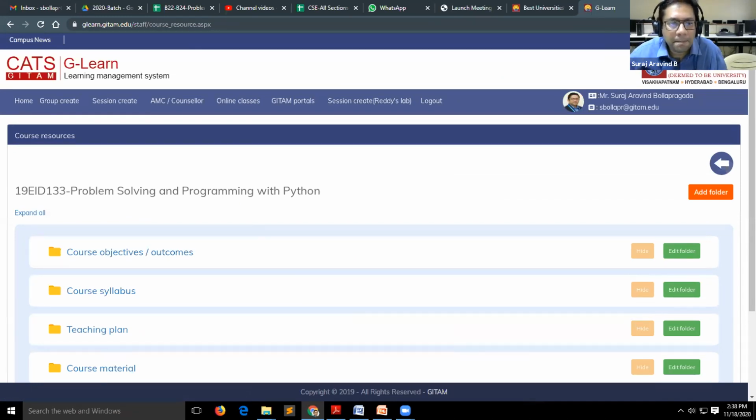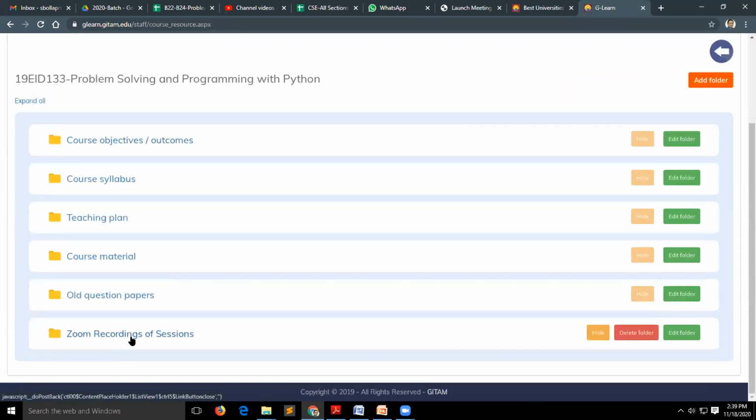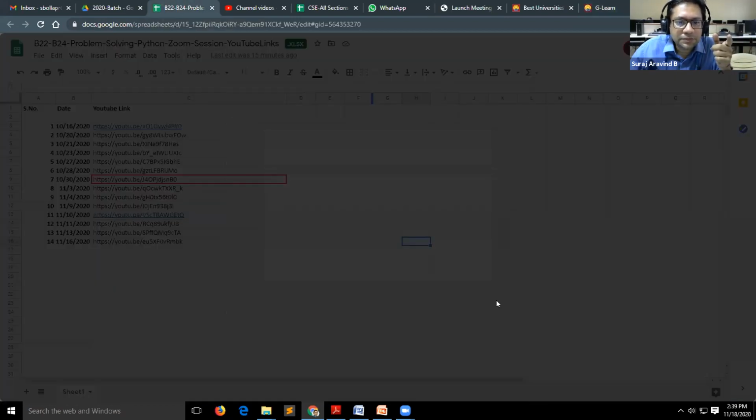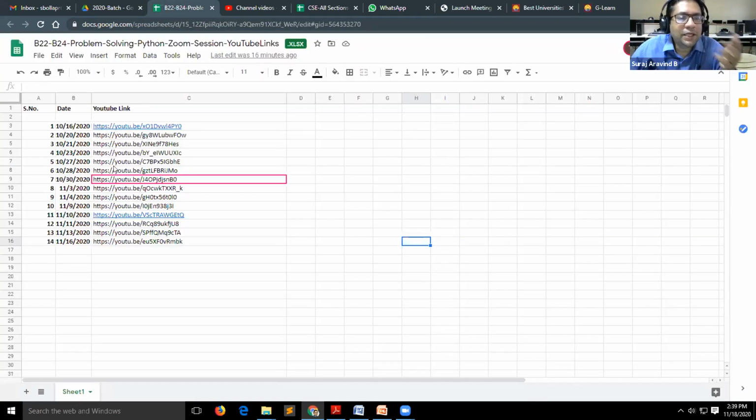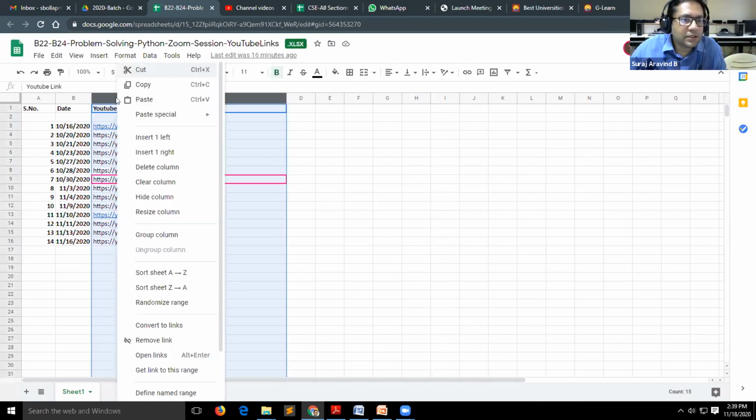Right. So, in the same Zoom recording sessions, the Excel sheet is shared, having only editor permissions for the other members. They can click on it and access the sessions. And since I have the information, I will also put one more link.